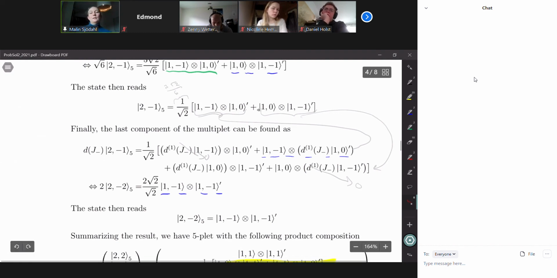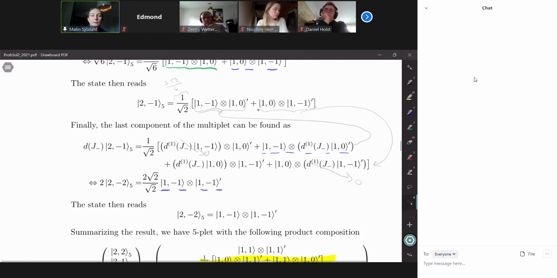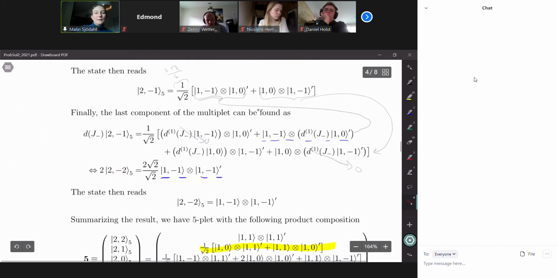And in this case, there are some zeros again to cancel out, and actually now things must start becoming simpler again, because we know that there's only one state which has -2 here. So we obtain this state, and actually after cancelling the normalization factors, we see that the 2 -2 state